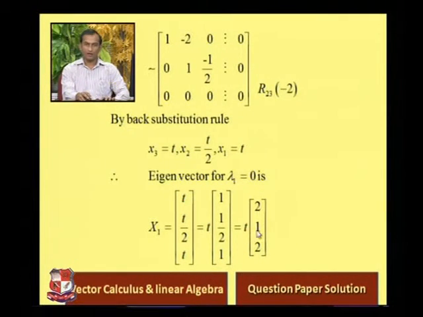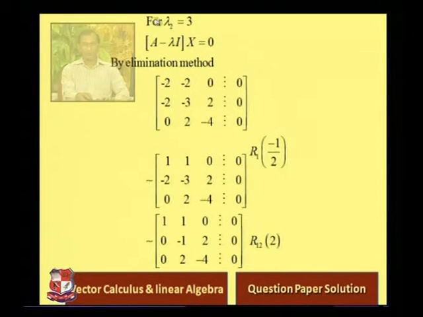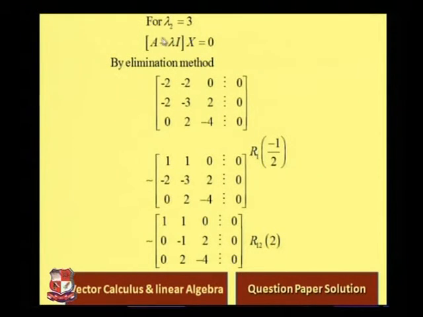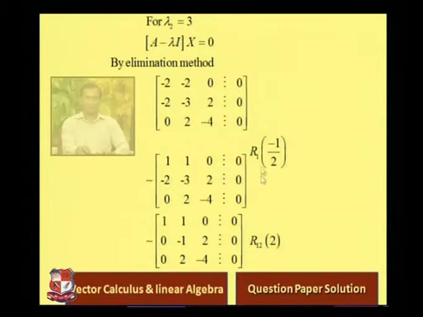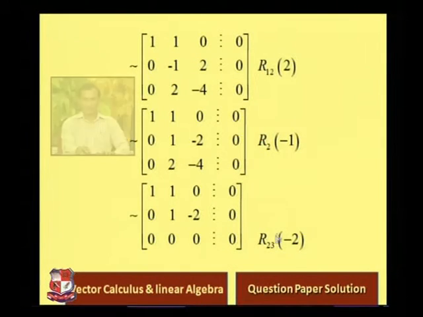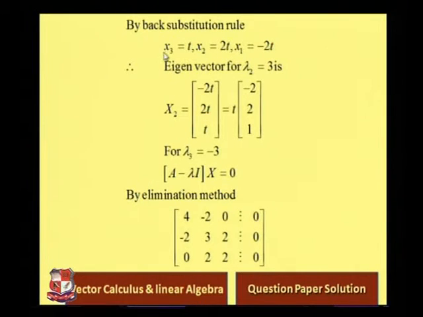that means 2 1 2 is our eigenvector. Similarly for lambda 2 equal to 3, substituting this and applying row operations, we get this, and then by the last back substitution rule we get x3 equal to t and x2 equal to t, x1 equal to minus 2t. Therefore the eigenvector for lambda 2 equal to 3 is this: minus 2 2 1. Similarly for lambda